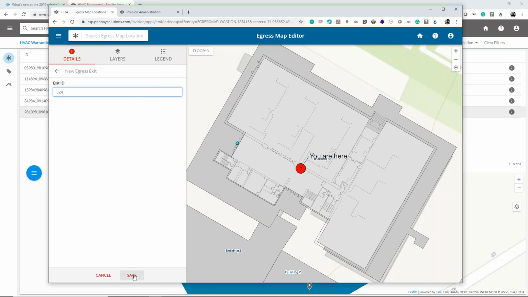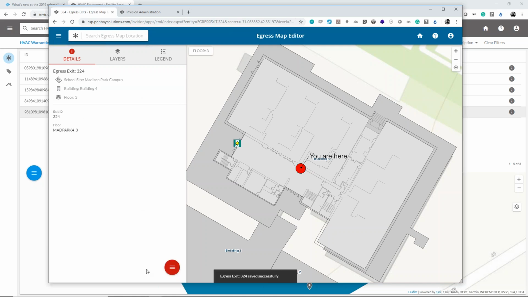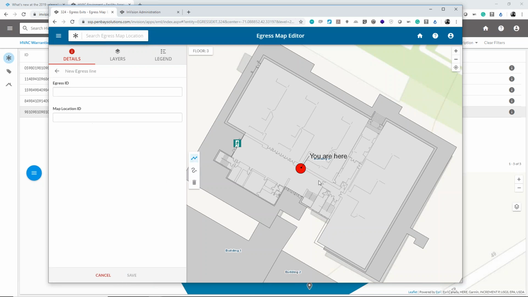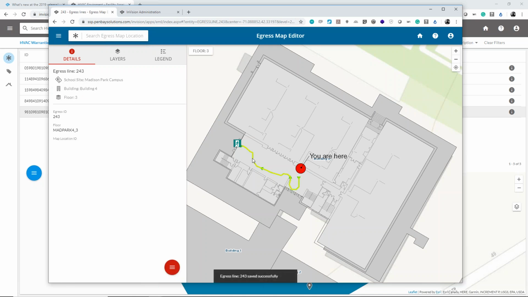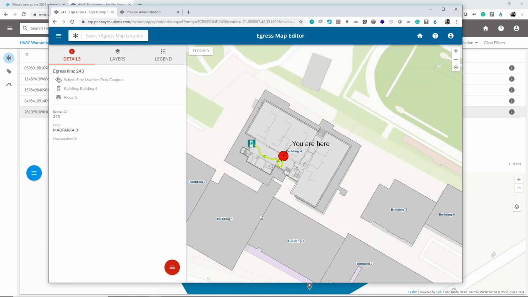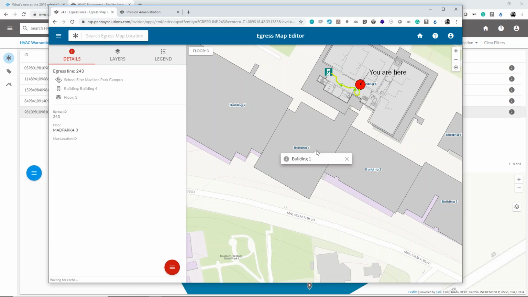Give that an ID. And then we'll use some of our new line and polygon editing tools so that we can actually draw lines to that location. Just to make this interesting, we'll go like that. That would be a normal line. If we wanted to, we could send people on a really interesting path like this. So you have a bunch of different tools available to be able to draw both lines, polygons, and essentially this now generates an automated block plan like you saw before,